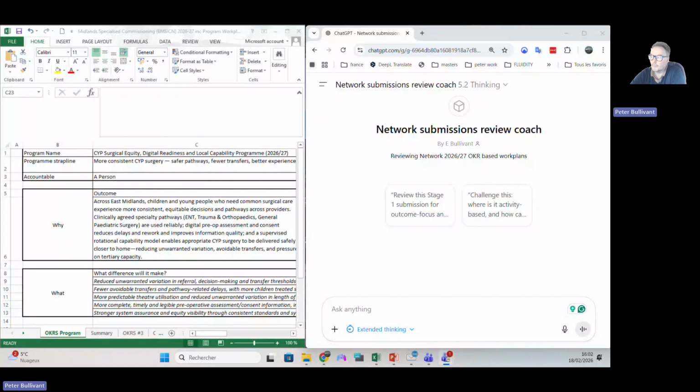to try and show you how you can use the network submissions review coach to help create the pitch slide decks plus a script. So within the screen we've got two things. One is an example OKRs with program and projects. On the right of the screen we've got the